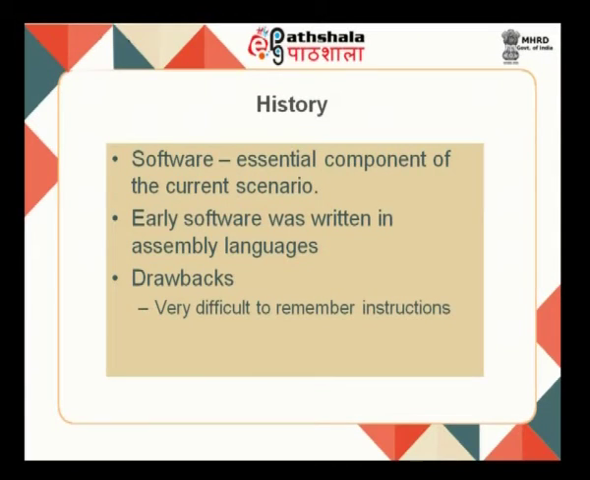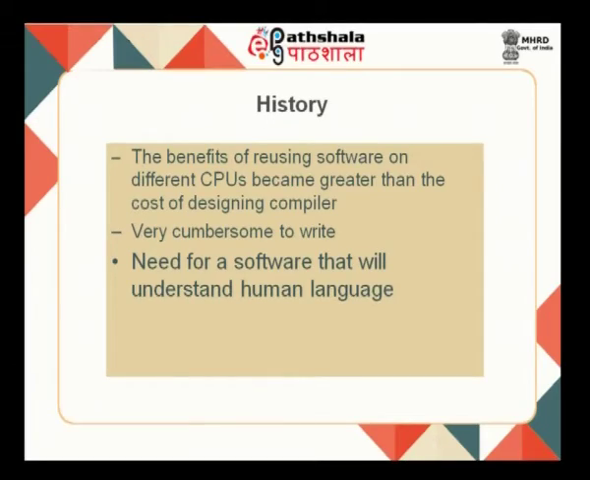So, let us go back to some history. We can define software as an essential component of the current scenario. Earlier, software was written in assembly languages, that is, a mnemonic pseudocode of instructions where the instructions were closer to the machine than to the human being. So, it was easier for the machine to convert and understand them, but on the other hand it was very difficult for the programmer to code instructions. So, therefore, what we tried to do was basically